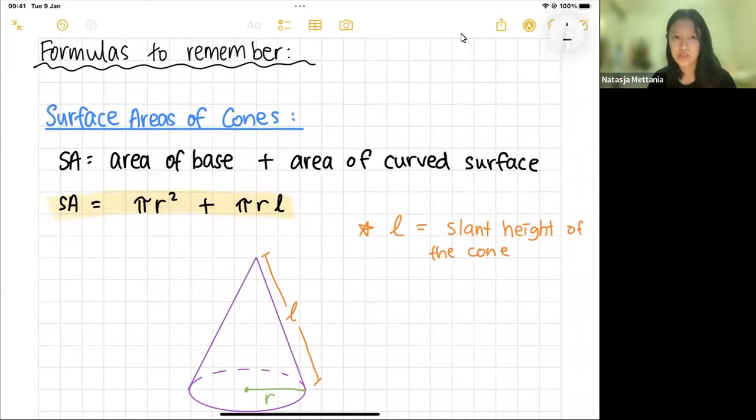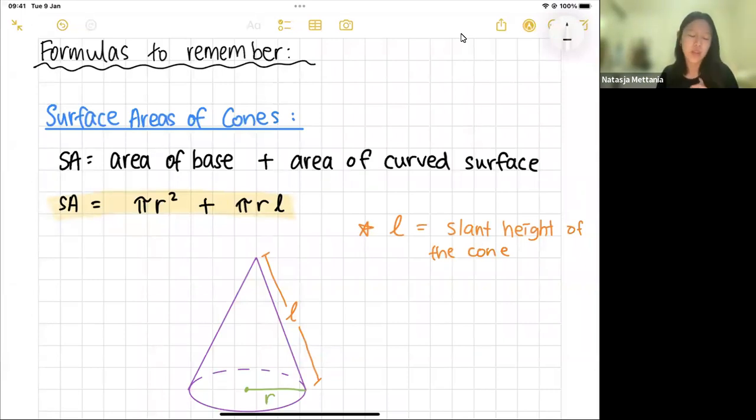So the surface area of a cone formula is basically the area of the base. For example, in pyramids, the question had to specify if it was a triangular pyramid, a square pyramid, or a rectangular pyramid. That is the base, the stuff at the bottom, right? The area of the curved surface is the one where you wrap it around. If you've seen a wafer cone at an ice cream shop, that is your